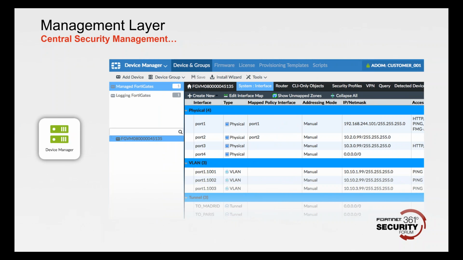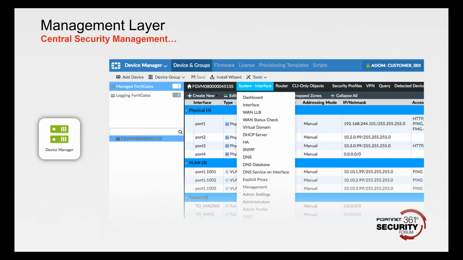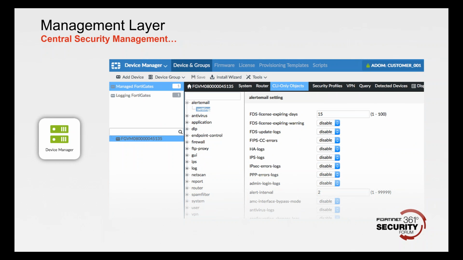So it's all managed through the GUI. A lot of what you see within FortiManager looks very similar to what you would see on a FortiGate. On the top line, you can have a pull-down menu where you can see which FortiGate you're managing. You can look at the system interfaces, what you want to configure on those units specifically. It's just simple drop-down menus through the GUI. You can also manage individual objects within those environments. So effectively, you can implement and manage a complete FortiGate unit through FortiManager.